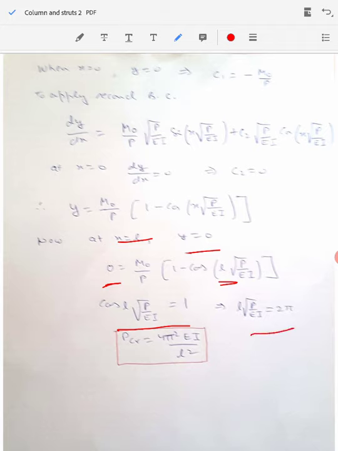So we take the value of 2 pi here, because 0 is not going to give us any non-trivial solution. So we substitute theta equal to 2 pi here, and we get the value of critical load as 4 pi square EI by L square. So you see here, when we fixed both the ends, the value of critical load that is required to fail the column because of buckling becomes 4 times of what it is at the hinged end, and in fact 16 times of the cantilever end. So this particular type of end conditions would have been preferred if we want to make our column safe.